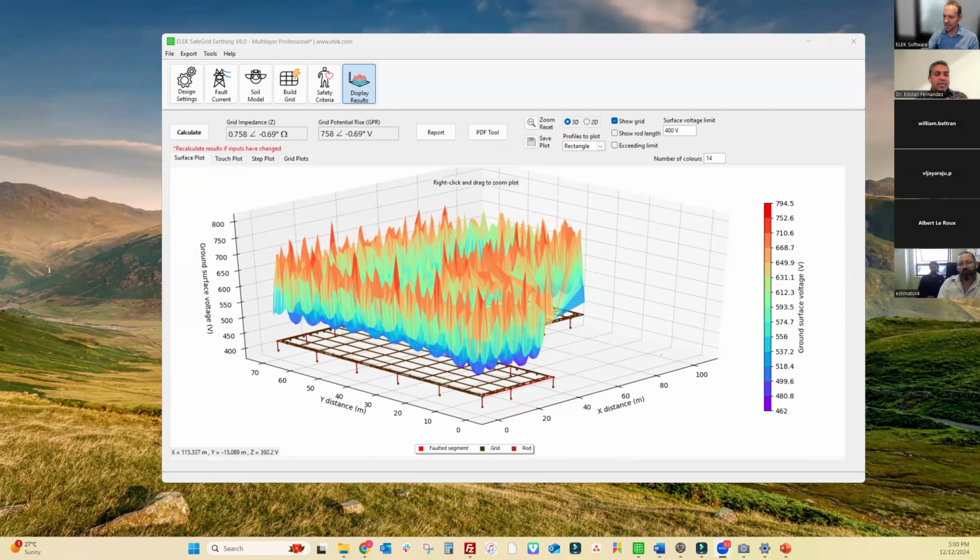The other question is, if you have a wind farm grid, why do we have to connect it to the main substation grid? Well, why would we have to connect a wind farm earthing system to a substation grid? For the benefits. We want our earthing system or earth grid impedance as low as possible, and wind farm earthing systems cover a vast area, and they can reduce our GPR, touch and step voltage limits significantly.